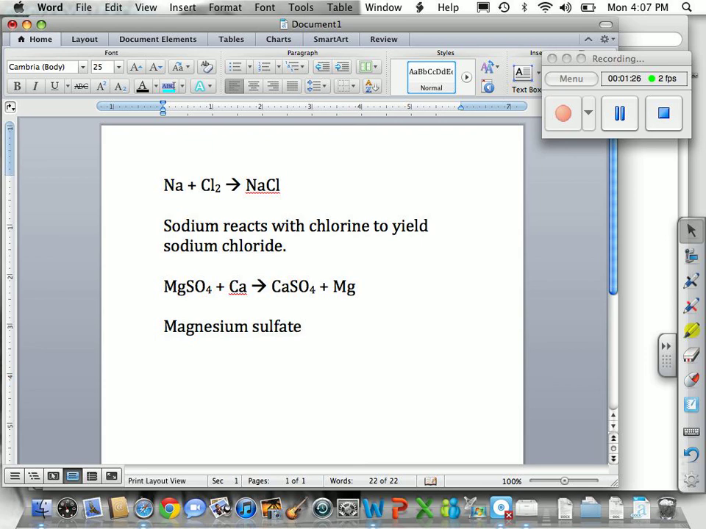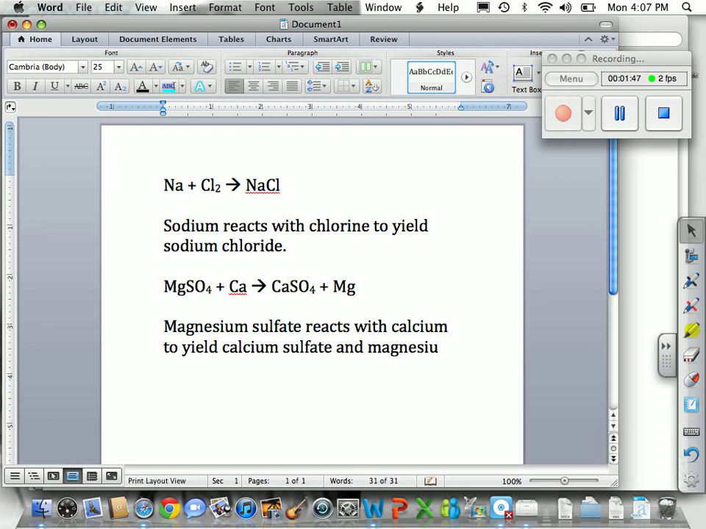And we know that plus sign means reacts with. And calcium standing alone is just calcium. To yield is what that arrow represents. Okay, I'm gonna turn it. To yield calcium sulfate and magnesium. So for AP level, what you'll be asked to do tomorrow is to translate, oops, I spelled that